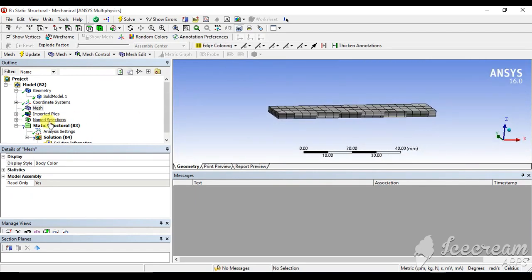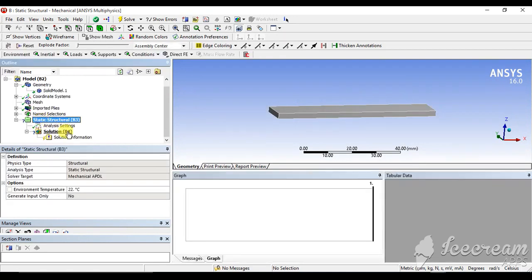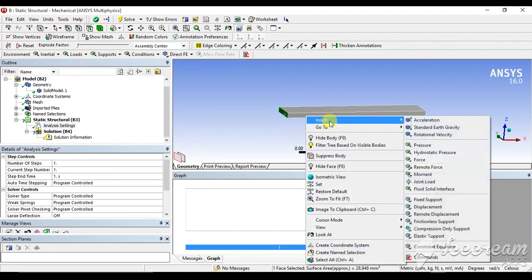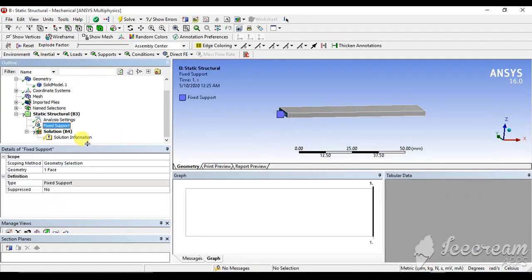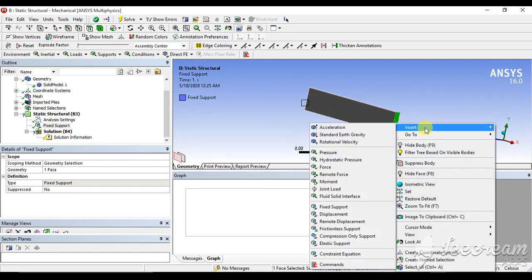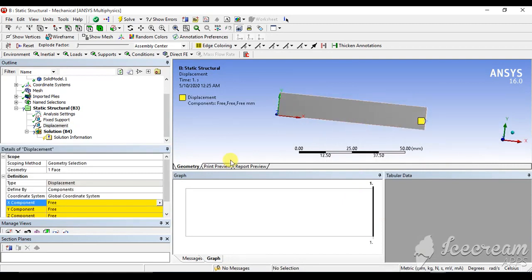Now the solid model is present here. We can go for a simple tensile testing. Just select one edge as fixed support. Another edge for displacement. Give a displacement in the x direction of 1 mm.